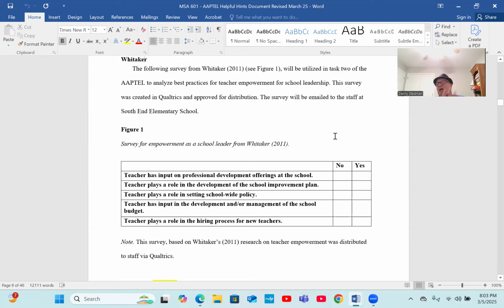I think that's enough, because we can talk to them about how they're to put this together when we come back on the night. But I felt like they needed to know where we were going, and what would be expected. Now you're going to use this checklist, and you're going to use this survey when you get to task 2. So there'll be a quick turnaround with this. We'll actually show you all of that when we come back on week 9. And there'll be a quick turnaround on this.